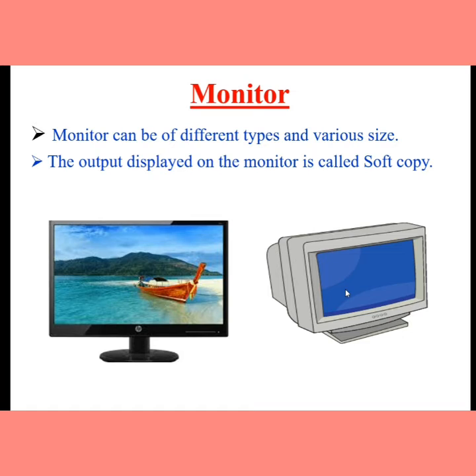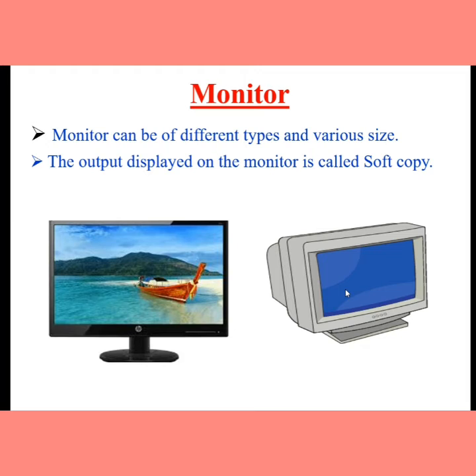So what did we see today? We saw the monitor, the most commonly used output device. What else is there? There are printers and speakers. In the next class I will discuss printer and speaker, okay? But for today I only discussed the monitor, as it is very important and most commonly used. There are different sizes and types of monitors. A monochrome monitor can display images in black and white, whereas a colored monitor displays images in different colors.